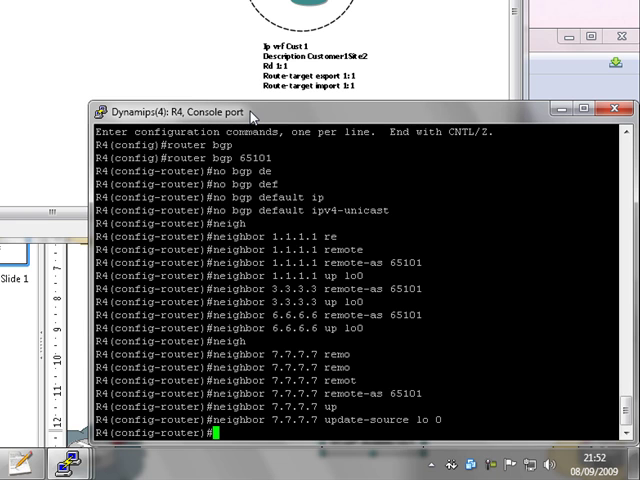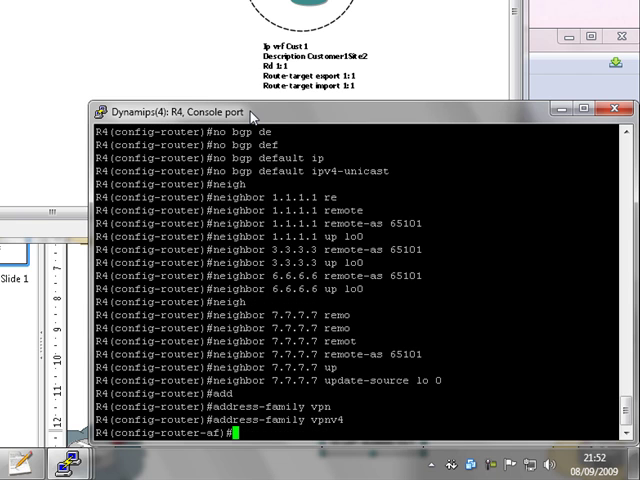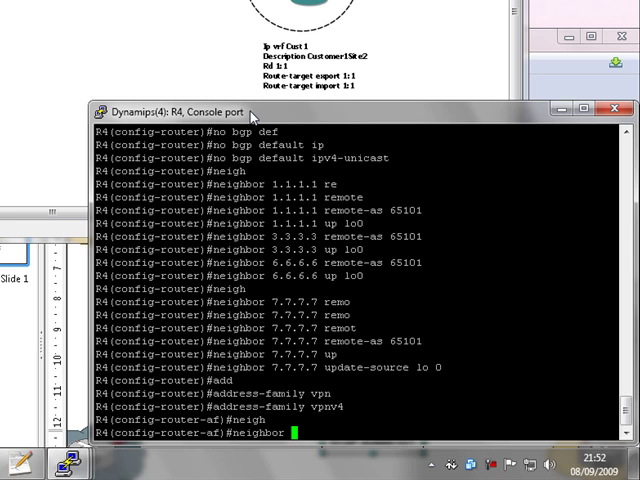Good. Now as you can see, even though we've done that bit, we haven't yet seen the neighbor come up for BGP. Well, that's because when we entered in the no bgp default ipv4 unicast, we're telling it that we actually don't want that behavior until we activate it, which we're going to do now. Okay, let's activate